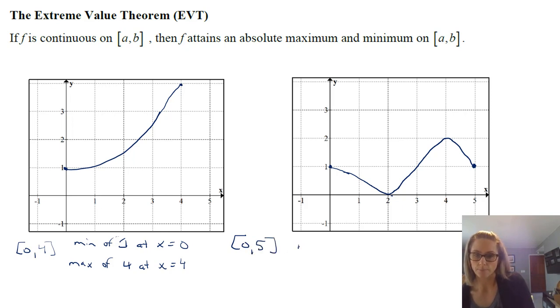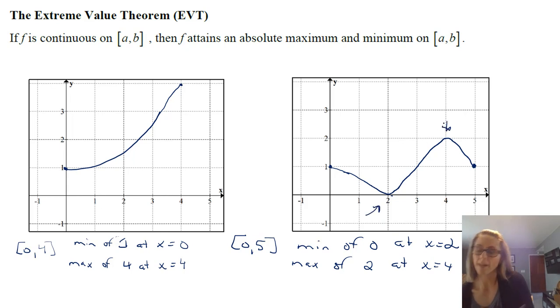So it has that absolute min, that's going to be 0 because that's the lowest y value that we see, and that occurs at x equals 2. You can probably see the maximum is going to be 2, and that occurs at x equals 4. So in this case, we have a minimum here, a maximum here, and neither one of those things are the endpoints. So it could occur at the endpoints, or it could occur where, as you can see,